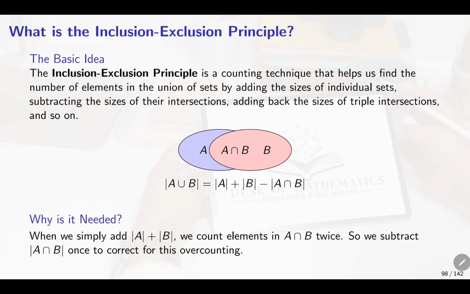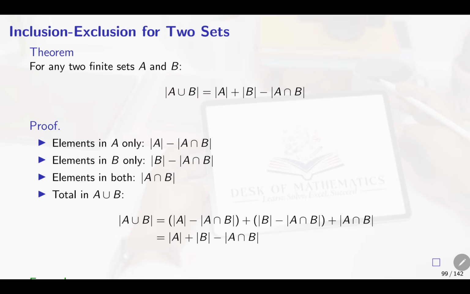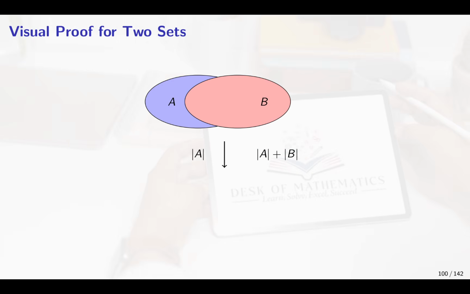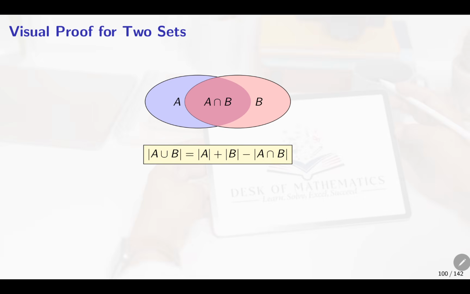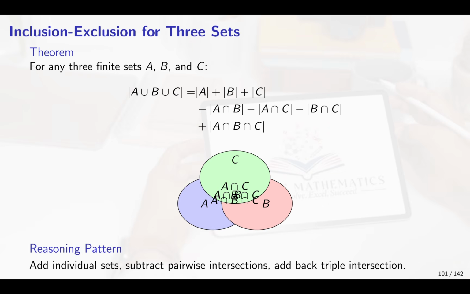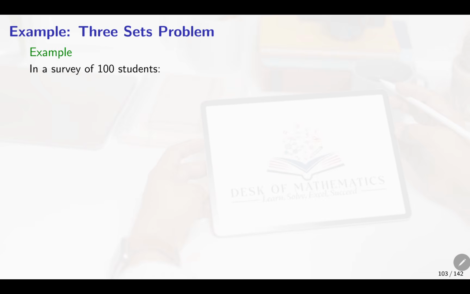Everyone knows the number of elements in A union B is the elements in A plus elements in B minus elements in the intersection, and there may be questions on it. The elements of the intersection are coming in twice, so we are subtracting them. Similarly, if we take three sets A, B and C, we add A, B and C, then exclude the pairwise intersections, then add back the whole triple intersection. We do not have the proof in the exam.